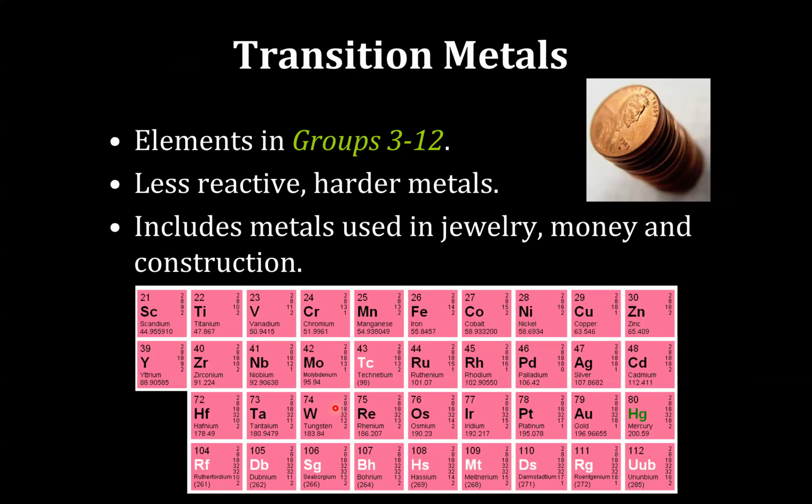So transition metals, that's all the pink color over here. That's group 3 to 12. So those are less reactive and much harder metals. So for example, if you look at copper or cobalt,